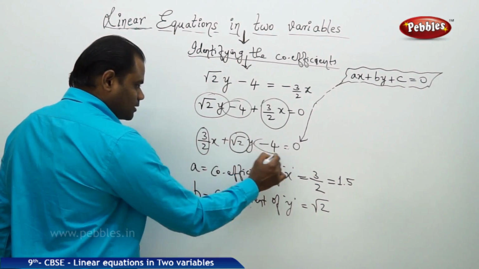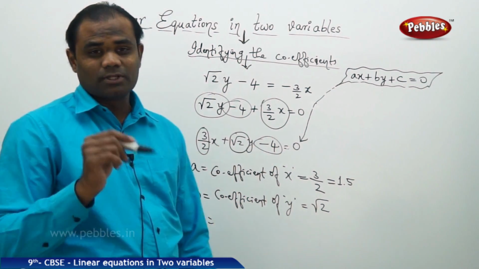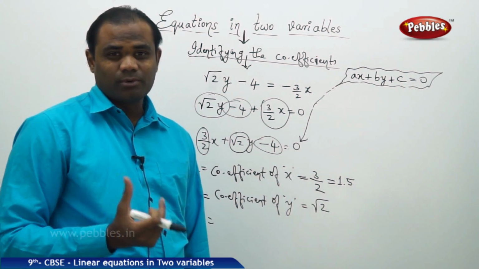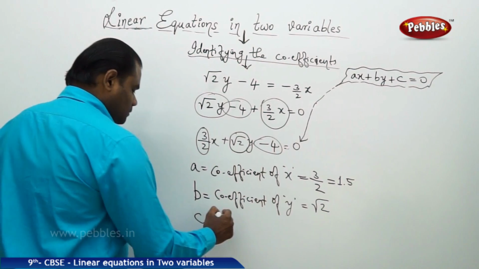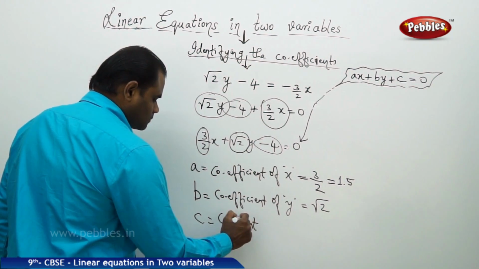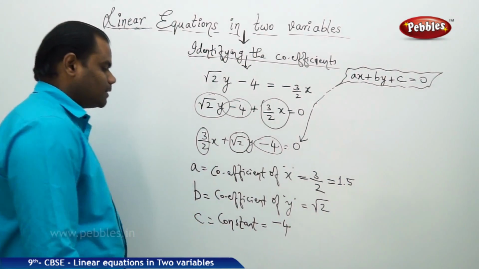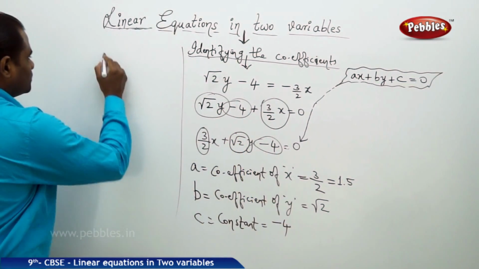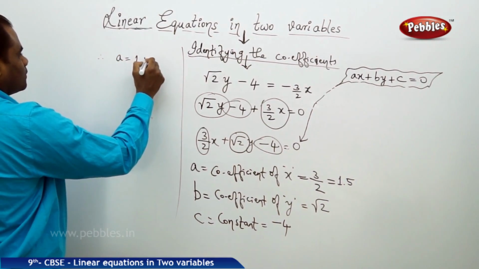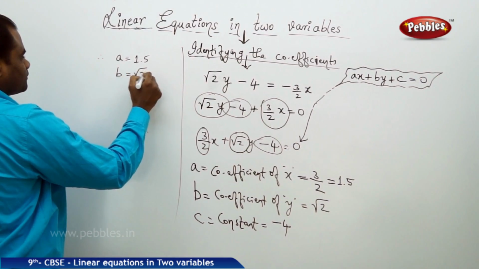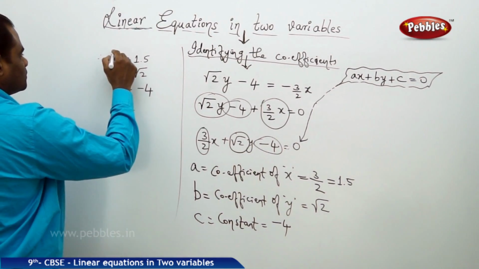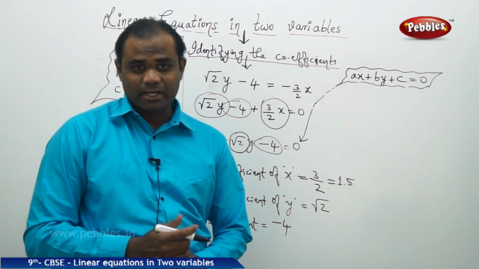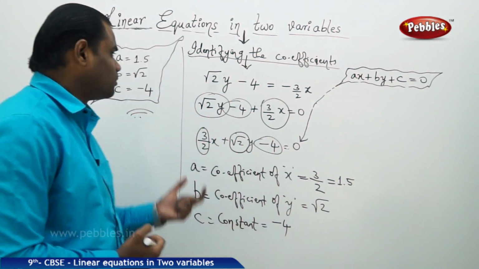And my c is clearly the constant, including the sign. Do not forget to put the sign for a, b, or c for the respective coefficients. Coefficients are taken along with their sign, positive or negative, as given. And c is the constant which is minus 4. Therefore, A is this, B is this, and C is this. And finally, I get my A, which is 1.5, B, which is root 2, and C, which is minus 4,